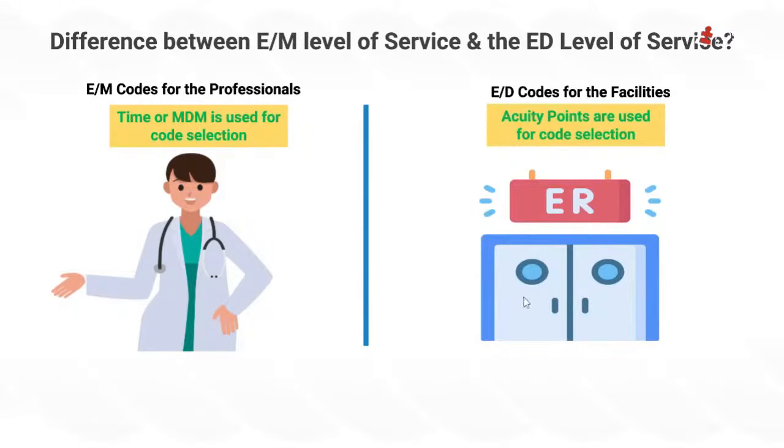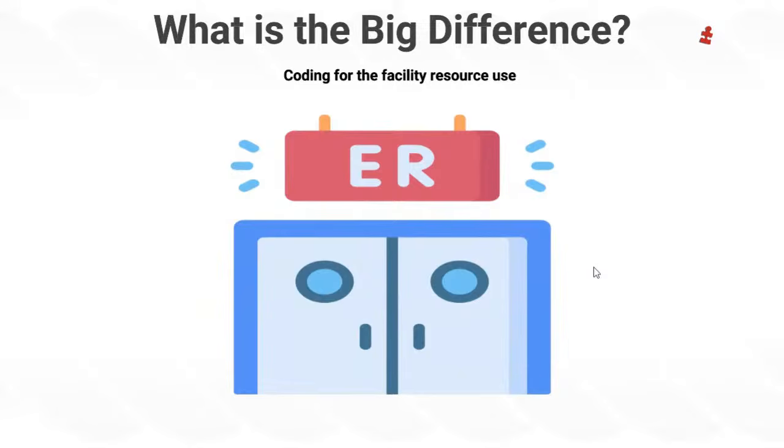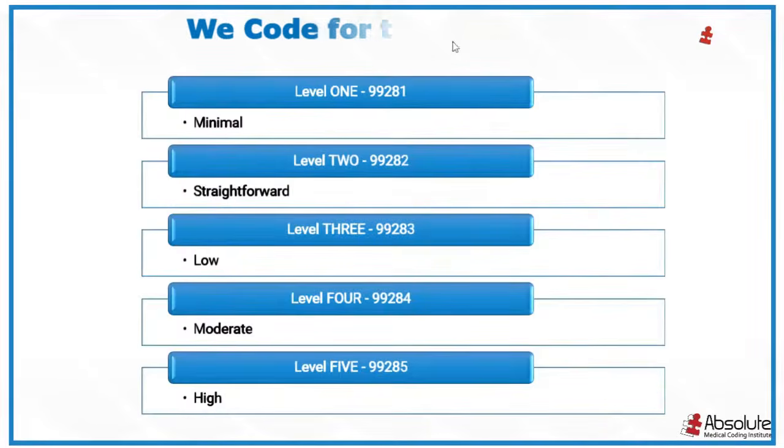All right. And one thing that is interesting, when you code for the professionals, you do use these CPT codes, and we do determine the level of visit or medical decision making or the code